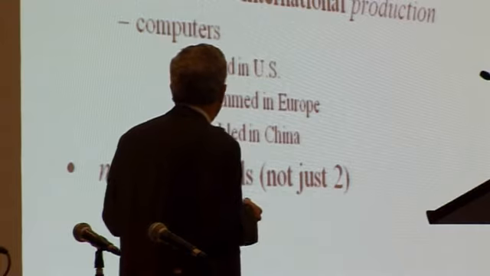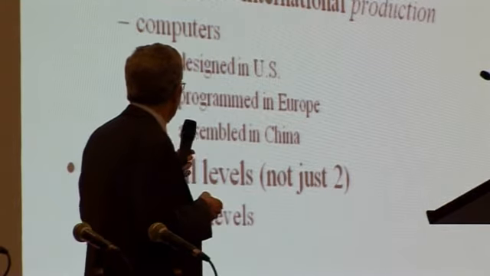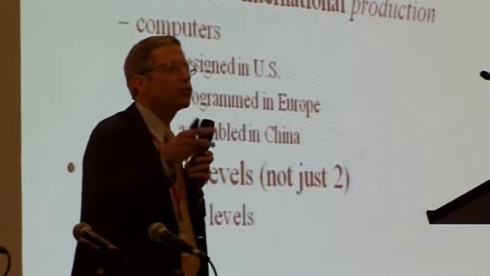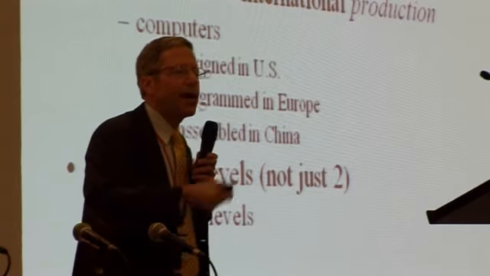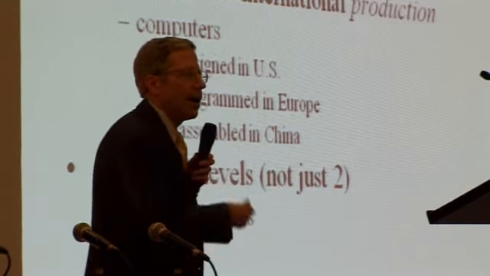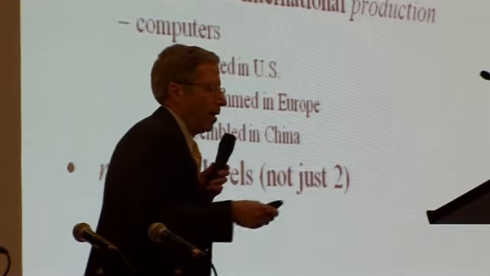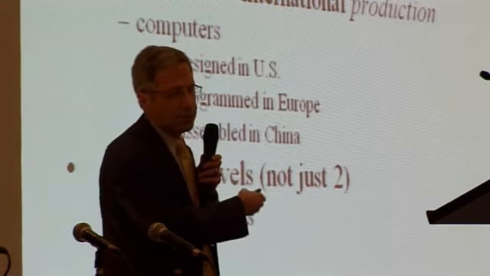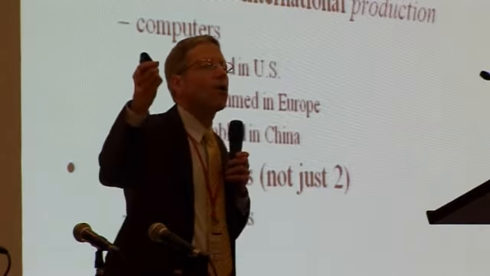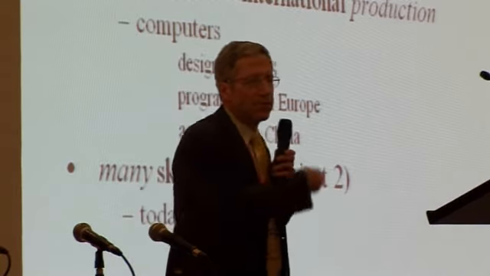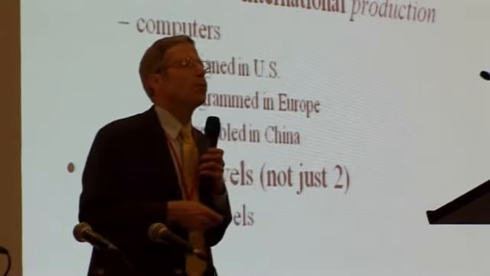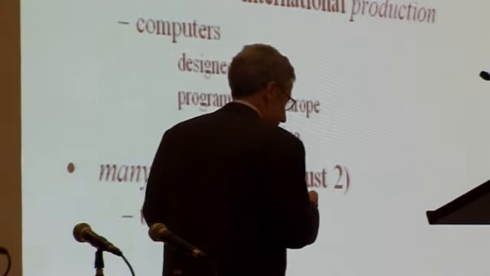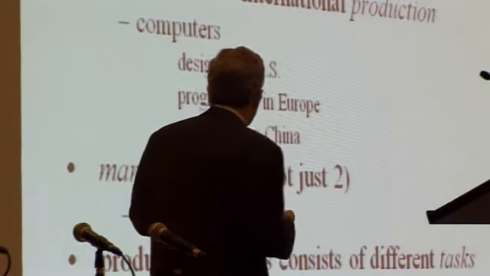For this alternative theory, it turns out to be necessary to introduce more than just the two skill levels, the high skill and low skill workers that I've been talking about so far. In the full-fledged model, which I'm not going to go into today, there's a very large number of skill levels. For the purpose of my discussion here, let's suppose that there are 4 skill levels. Four is enough to make the point.